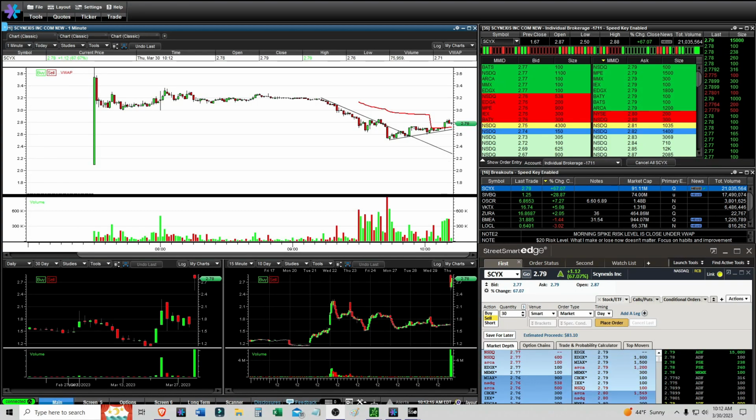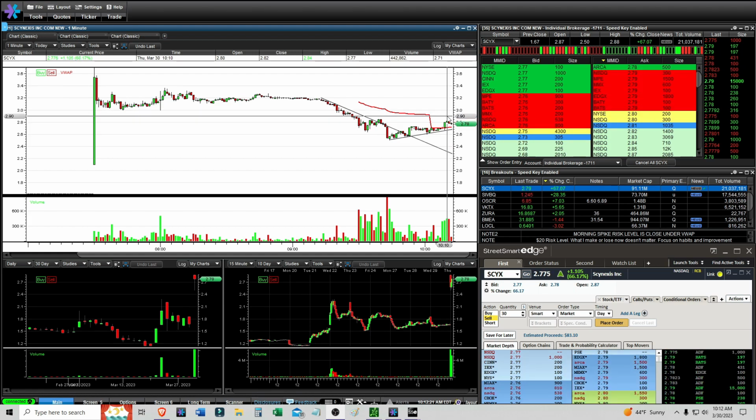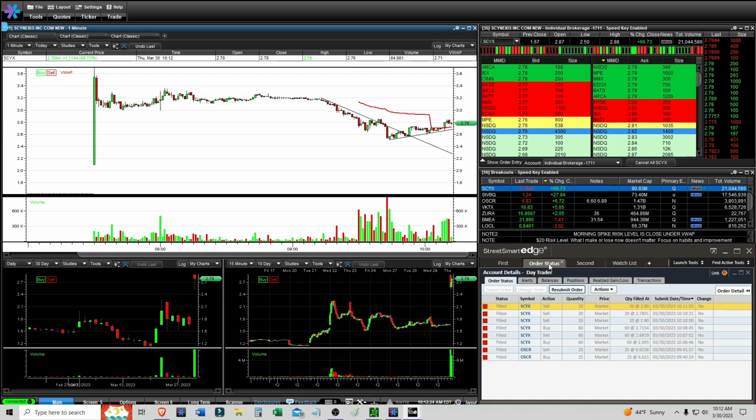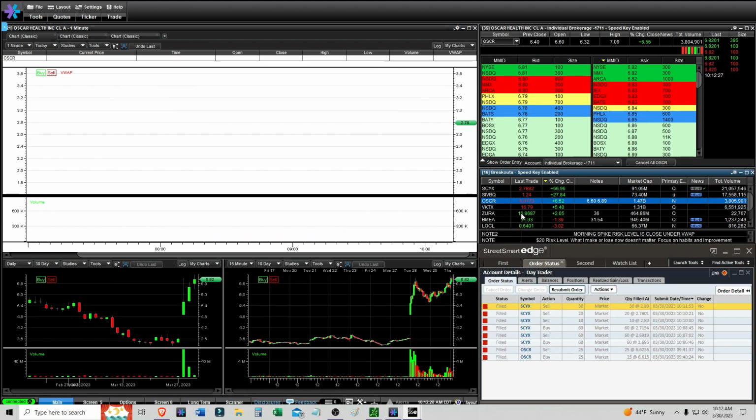It is 10:12. I've had three trades, and I want to see if SCYX is going to hold this uptrending trend line, and maybe it can do something more over a longer period of time. But let's go over the first trade, which was OSCR, and this one ended up working, but I didn't really